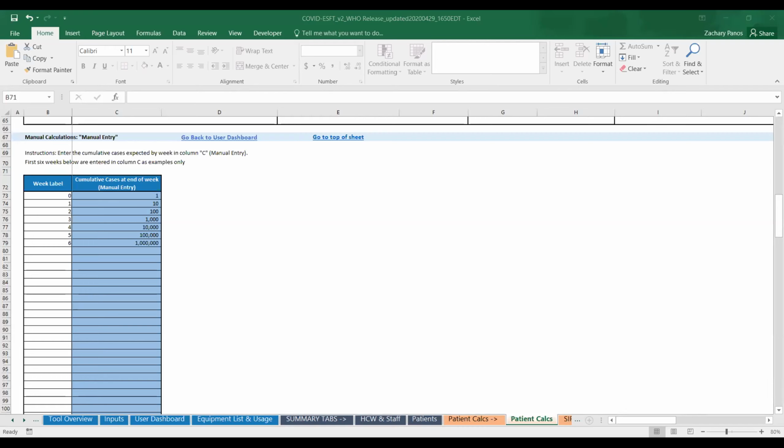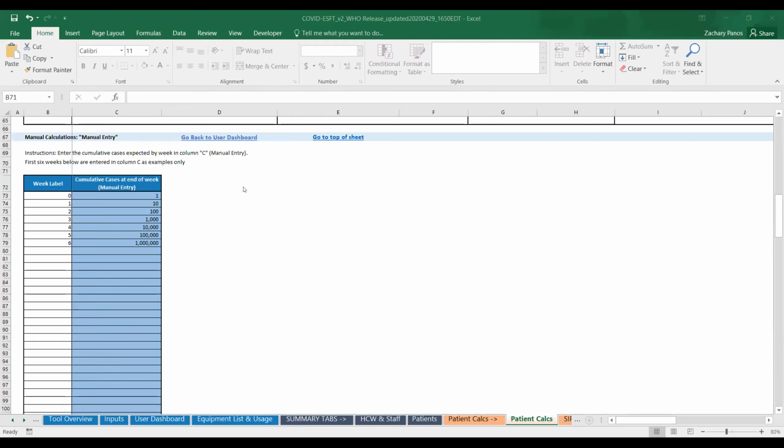This method would be appropriate if the user has available to them another model that is, for example, a dedicated epidemiological model, which is producing an output of projected cases over time. In column C, the user would enter that cumulative caseload over time for each week. In these blue cells, the user could easily override the numbers based on the output from that epidemiological model.